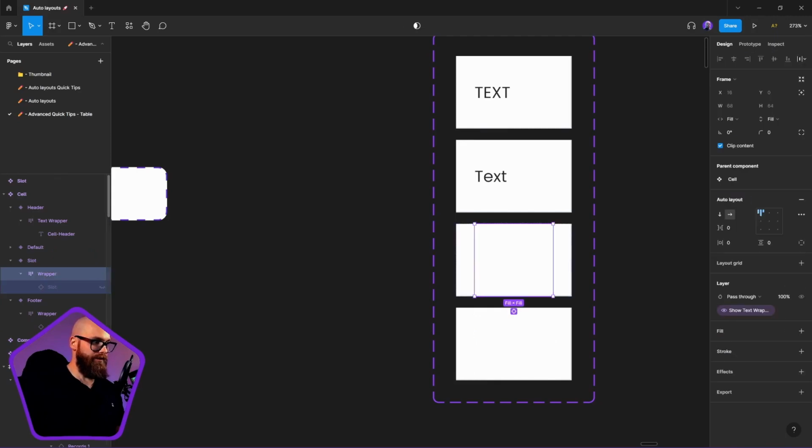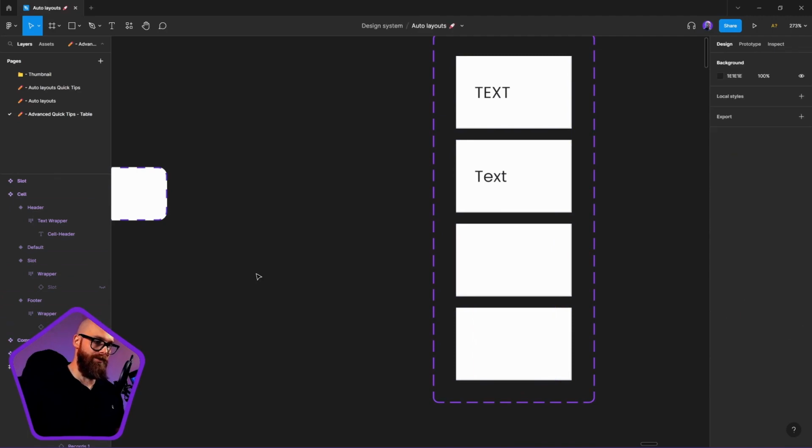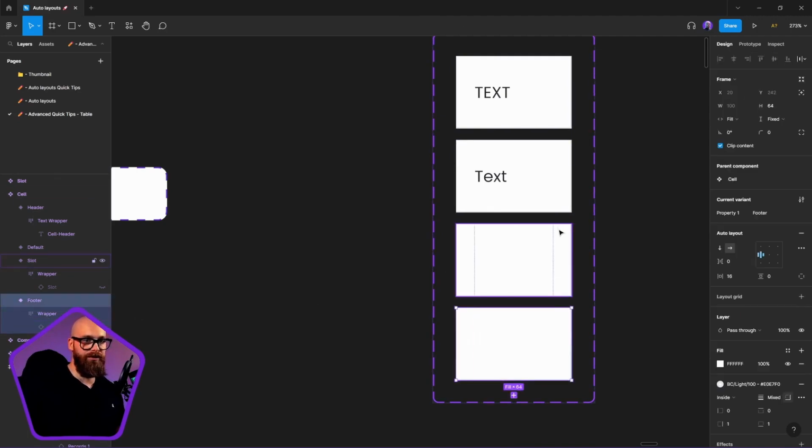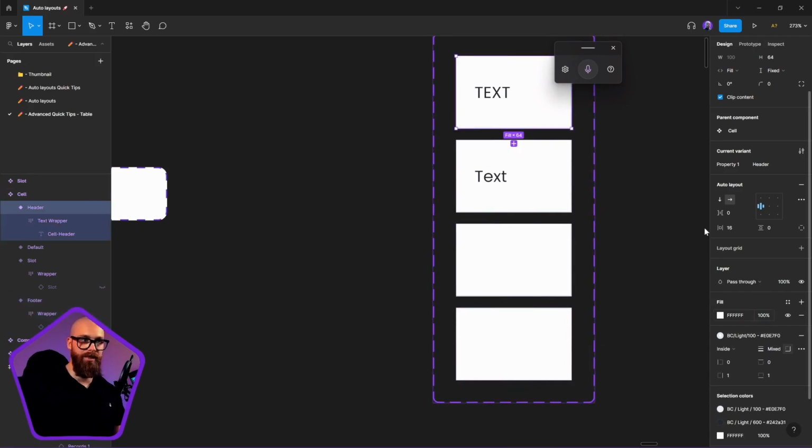So right now we have these wrappers, they hold slots and they can show or not show. I will make sure my footer, I'm going to redefine the outline on my footer. So at the moment, it's very much the exact same in my cell. I'm going to have my header where I have a line underneath, but no lines on either side. I'm going to have my footer where I have no lines either side, but a line at the top. So I'll still use custom, although I can switch it to the other version, but I'd rather maintain the custom